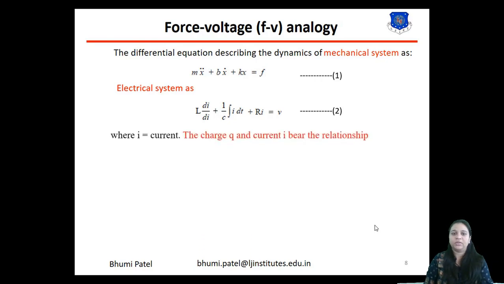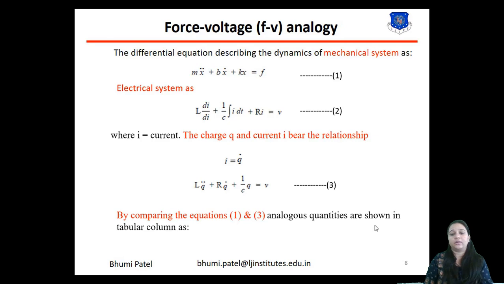Now, where i is current, the charge Q and the current i have a relationship: i is equal to Q dash. So, simplify and rewrite equation number 2. Equation 2 will become L Q double dot plus R Q dot plus 1 by C Q is equal to V. By comparing equation number 1 for the mechanical system and equation number 3 for the electrical system, the analogy quantities are